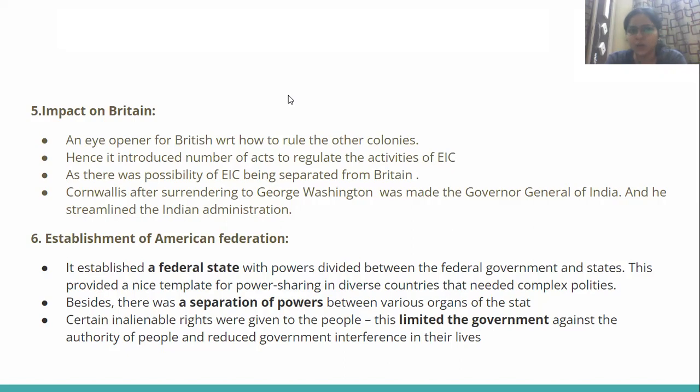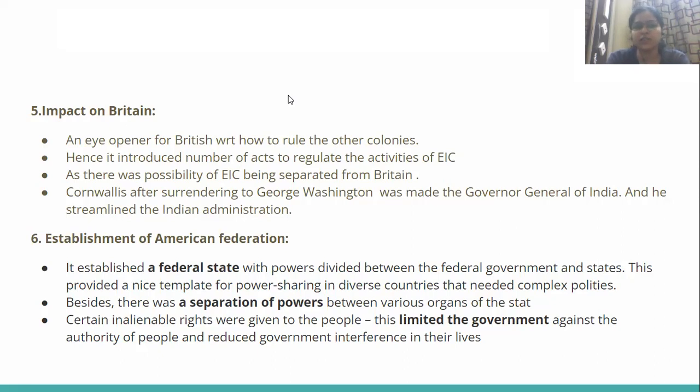So the people of the East India Company came to India. There was a possibility that tomorrow the East India Company people would say now we are Indians. We are no longer British, we are Indians, we want to separate from Britain. There was a possibility because Americans did exactly that. They separated from Britain by stating that we are Americans, we are no longer British. So there was a possibility that the East India Company people would also say we are no longer British, we are Indians, we want to separate from Britain. Now you will study in polity that after the American Revolution, the British government started controlling the East India Company. Different acts were passed which tried to regulate the activities of the East India Company.